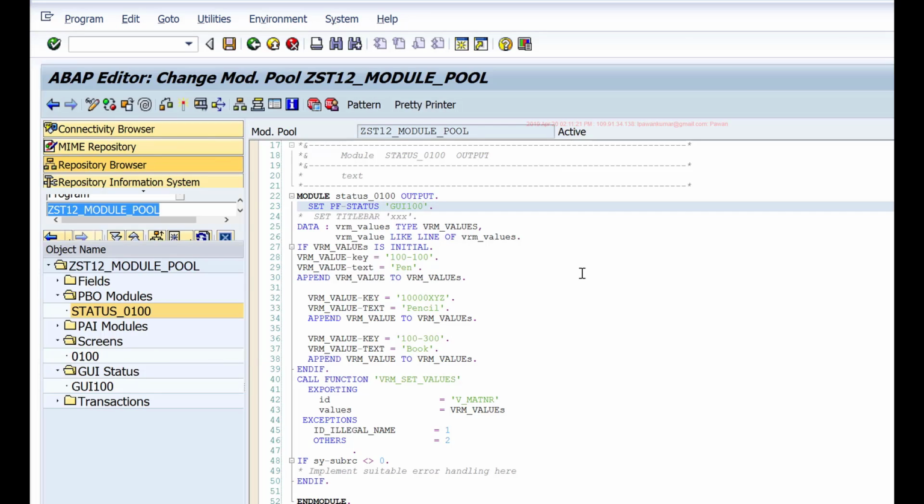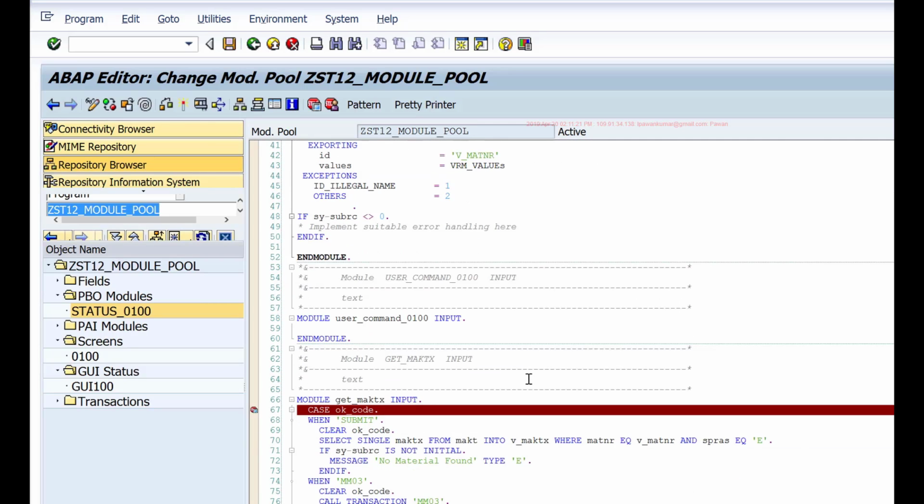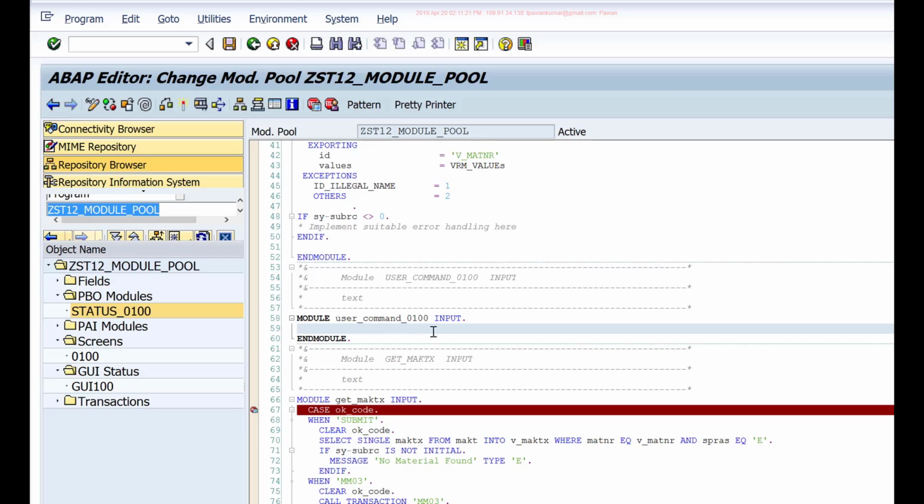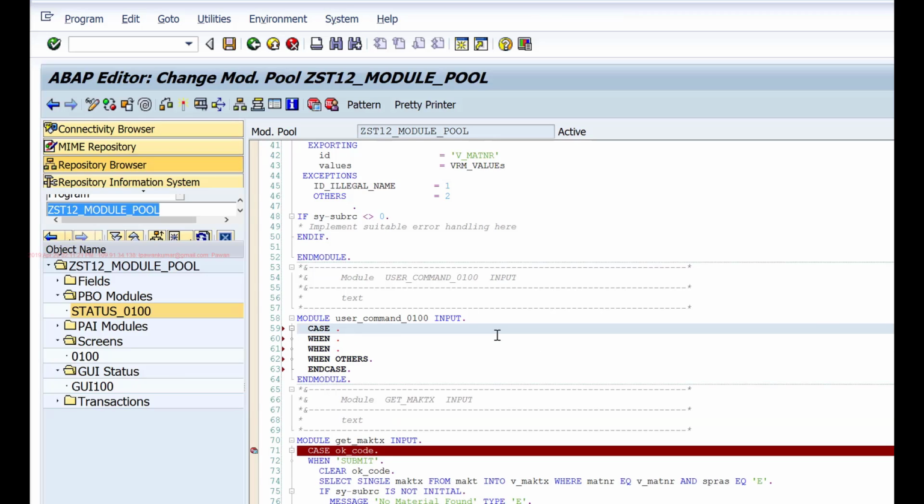And whenever the user selects any of those buttons, like the back, exit, cancel buttons, we maintain the function codes as back, exit and cancel respectively. Then that will come into your OK code field. So I'll handle those buttons in this module user command 100. So I'll say again CASE OK_CODE, WHEN 'BACK',